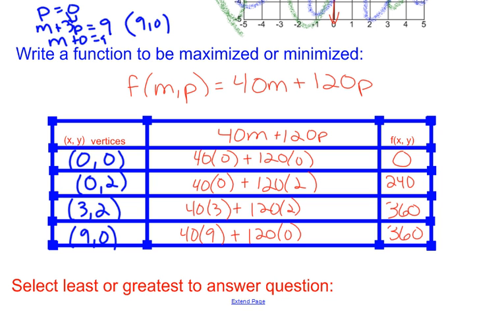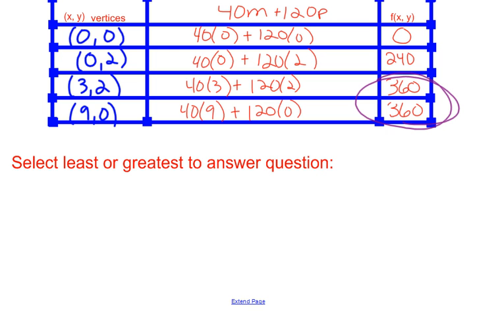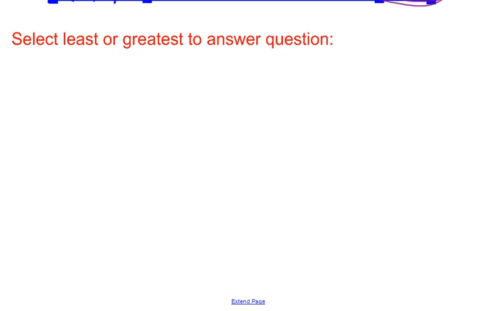So if we look here, we actually have 2 maximum values. So I have a choice when I schedule my crews. I can either schedule them for 3 mowing and 2 pruning or 9 mowing and no pruning. So I would say for my answer,